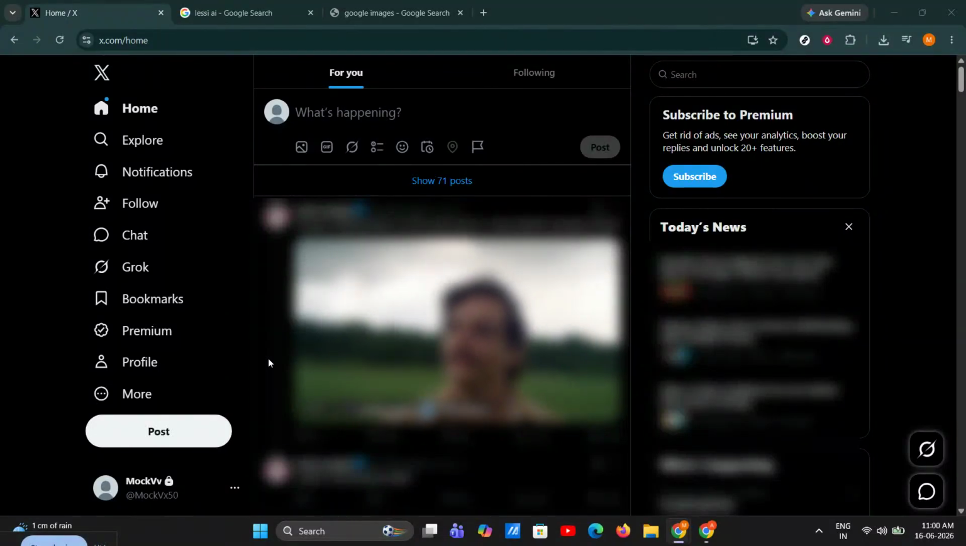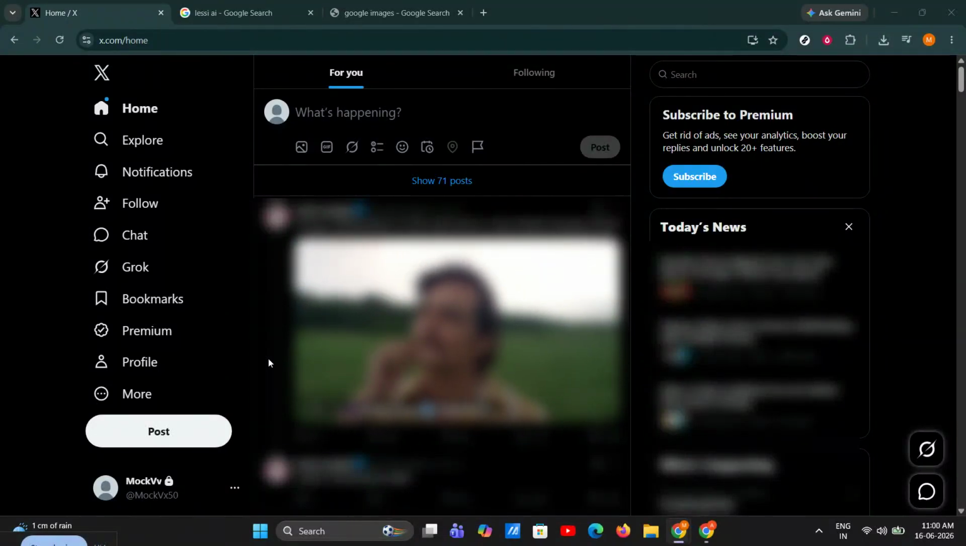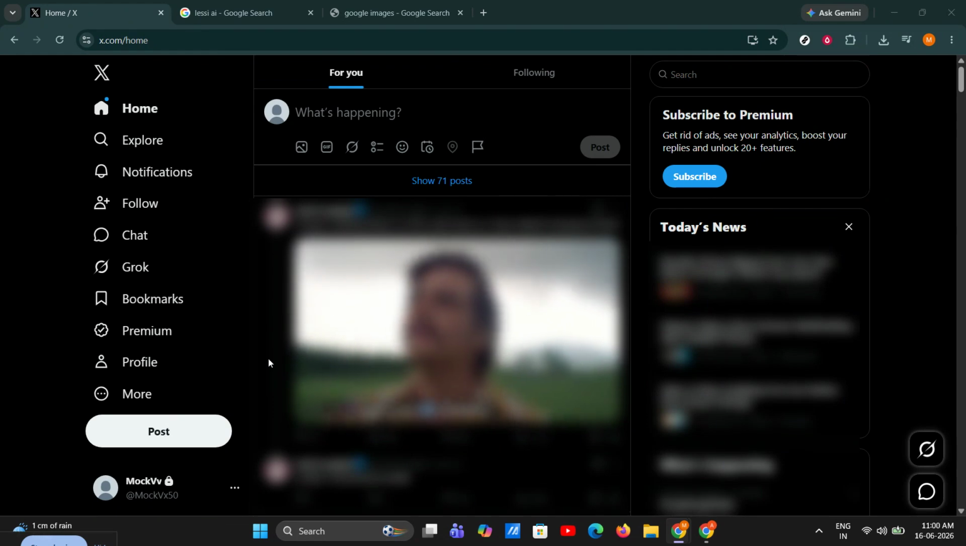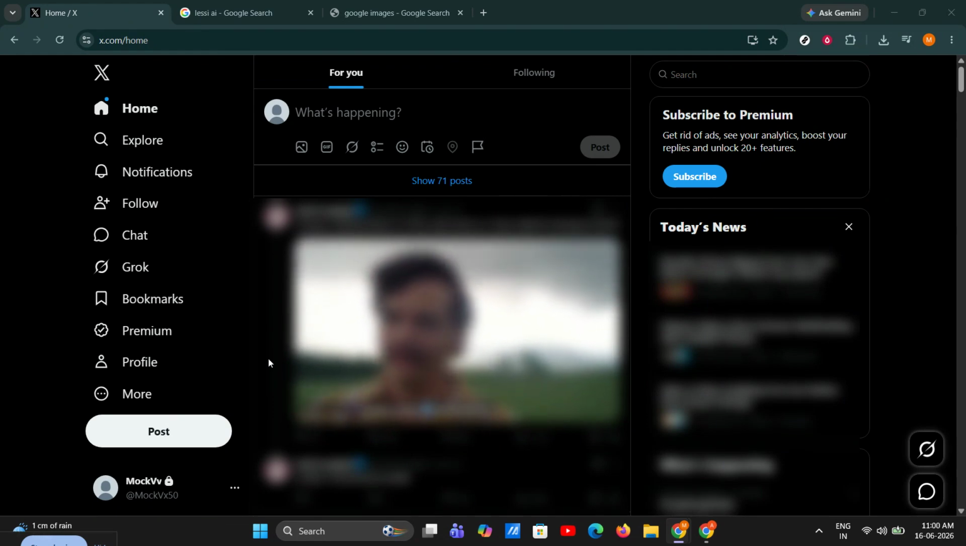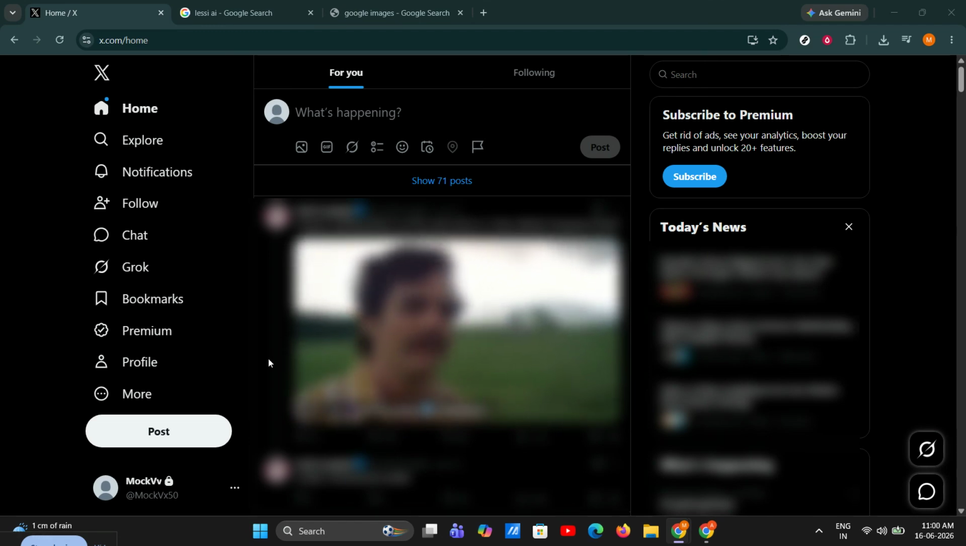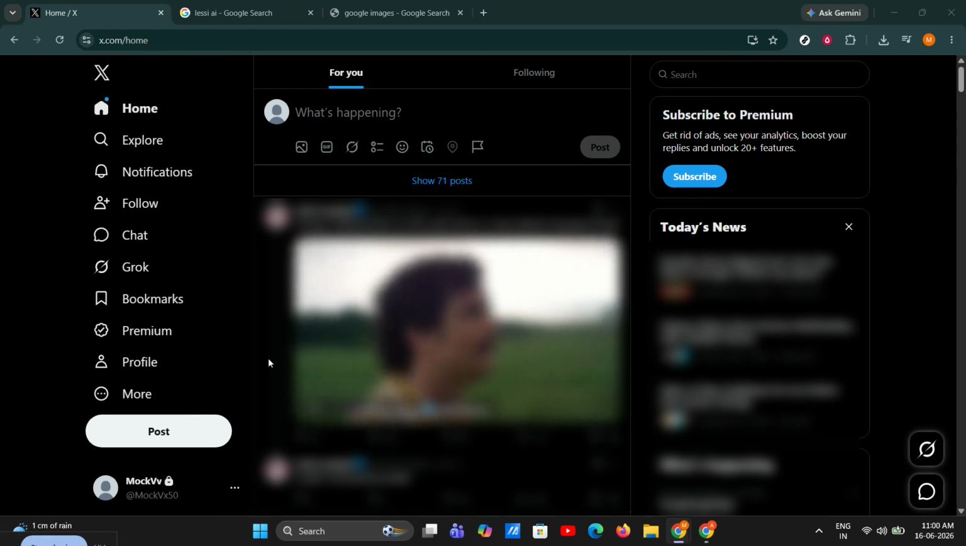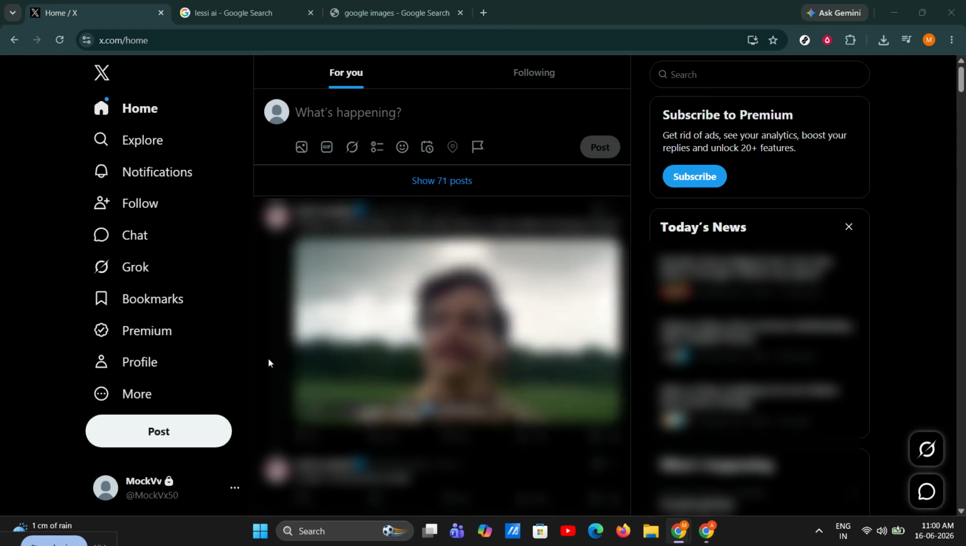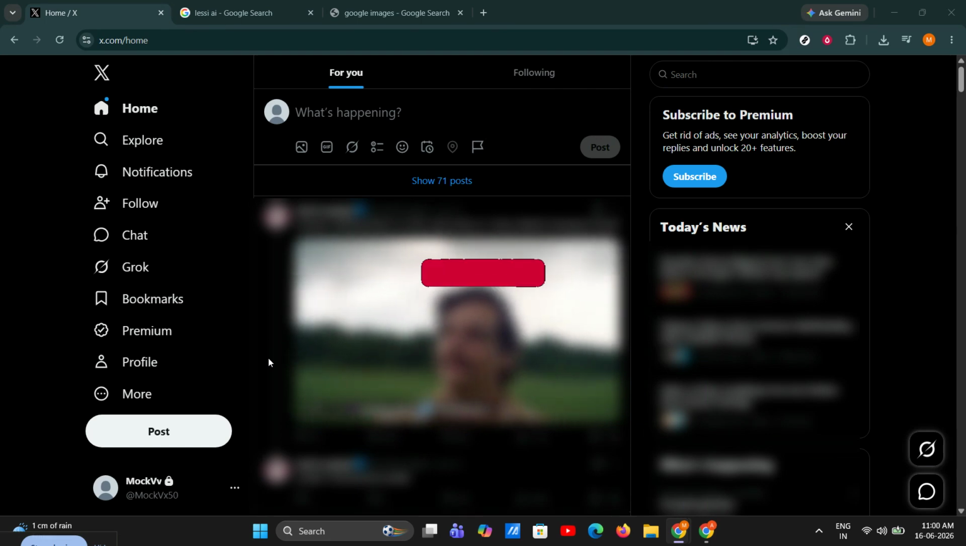Can you search X, formerly Twitter, with an image? The short answer is yes, but not directly inside X itself. X does not offer a built-in reverse image search button, so if you want to find a profile, a post, or the original source of an image, you'll need to use a third-party tool or a search engine like Google Images or TinEye. In this video, I'll show you the easiest ways to do it step by step on your